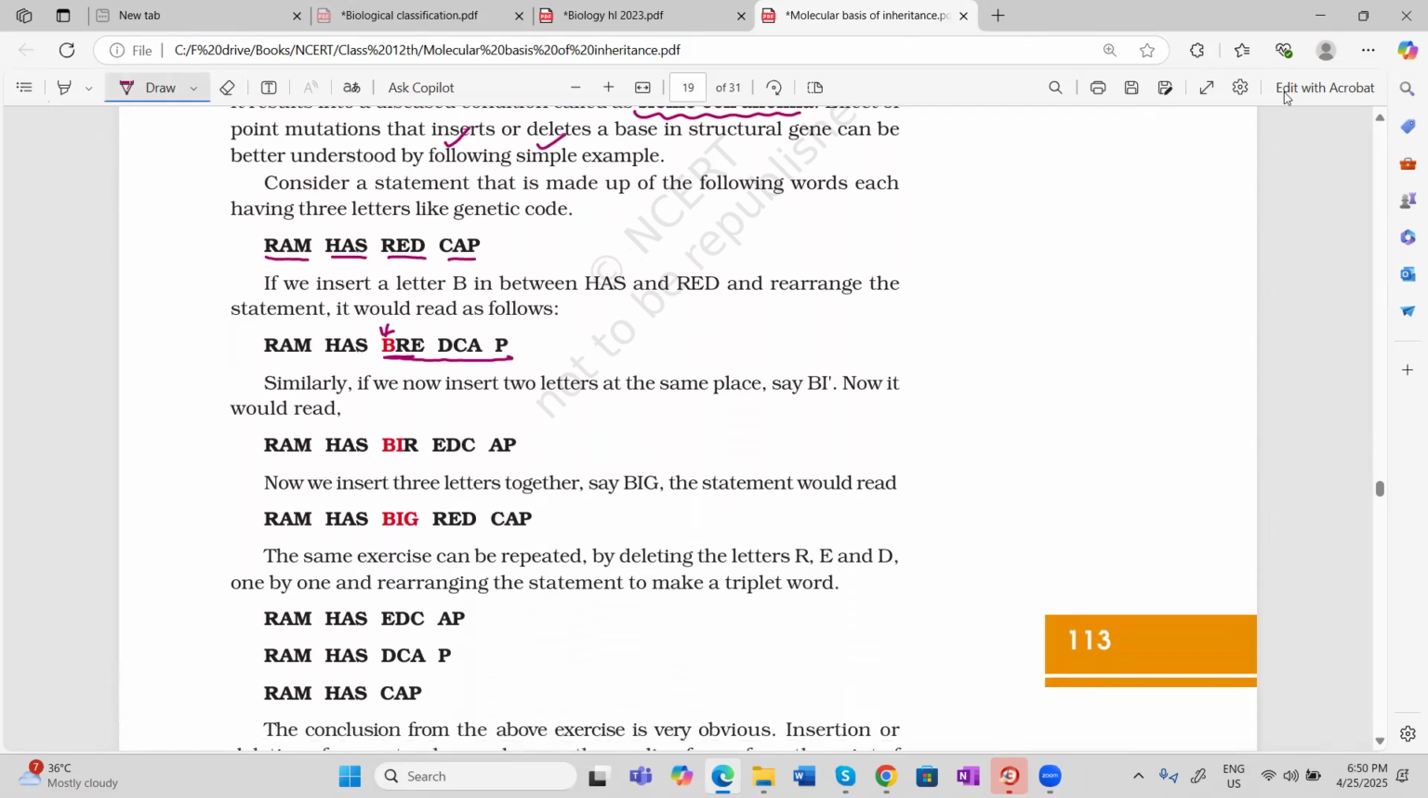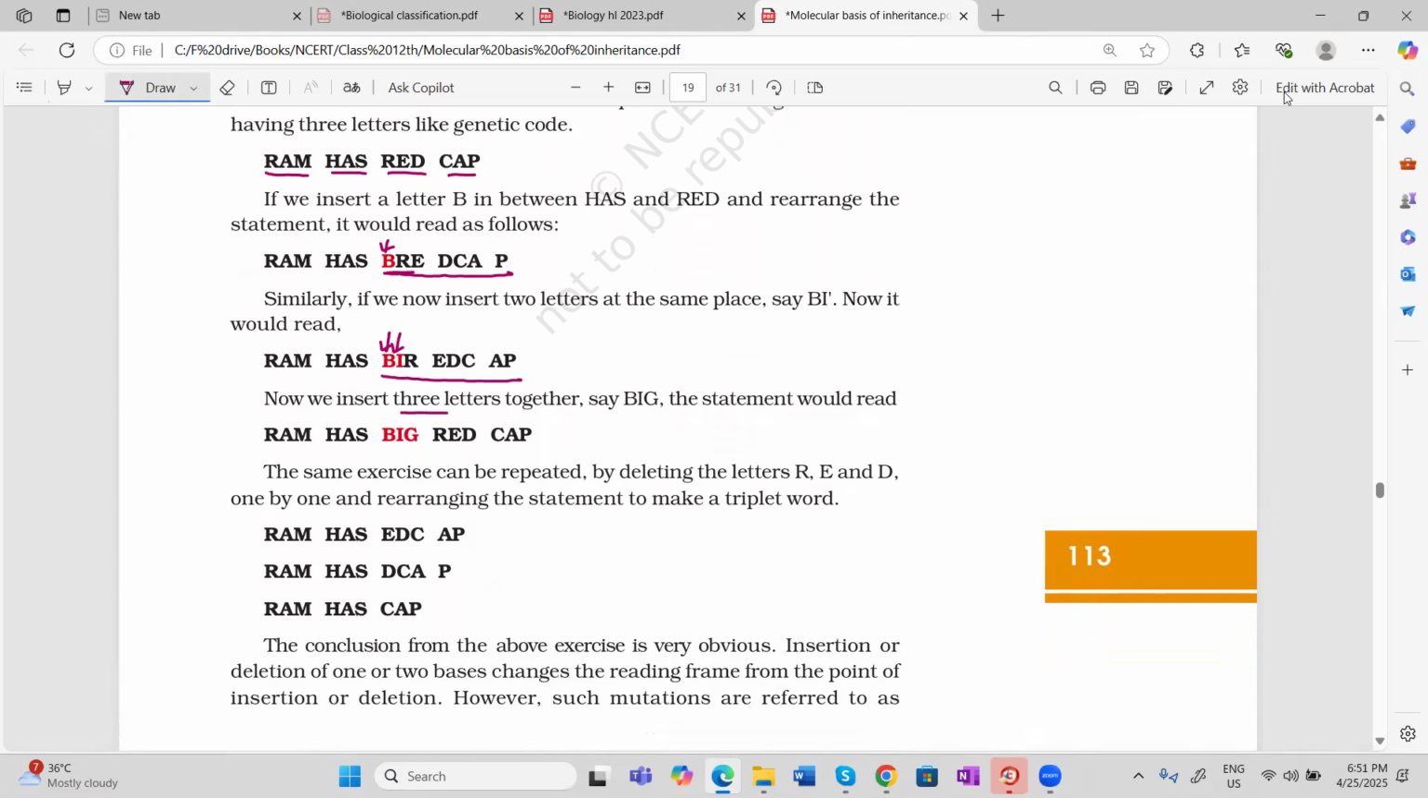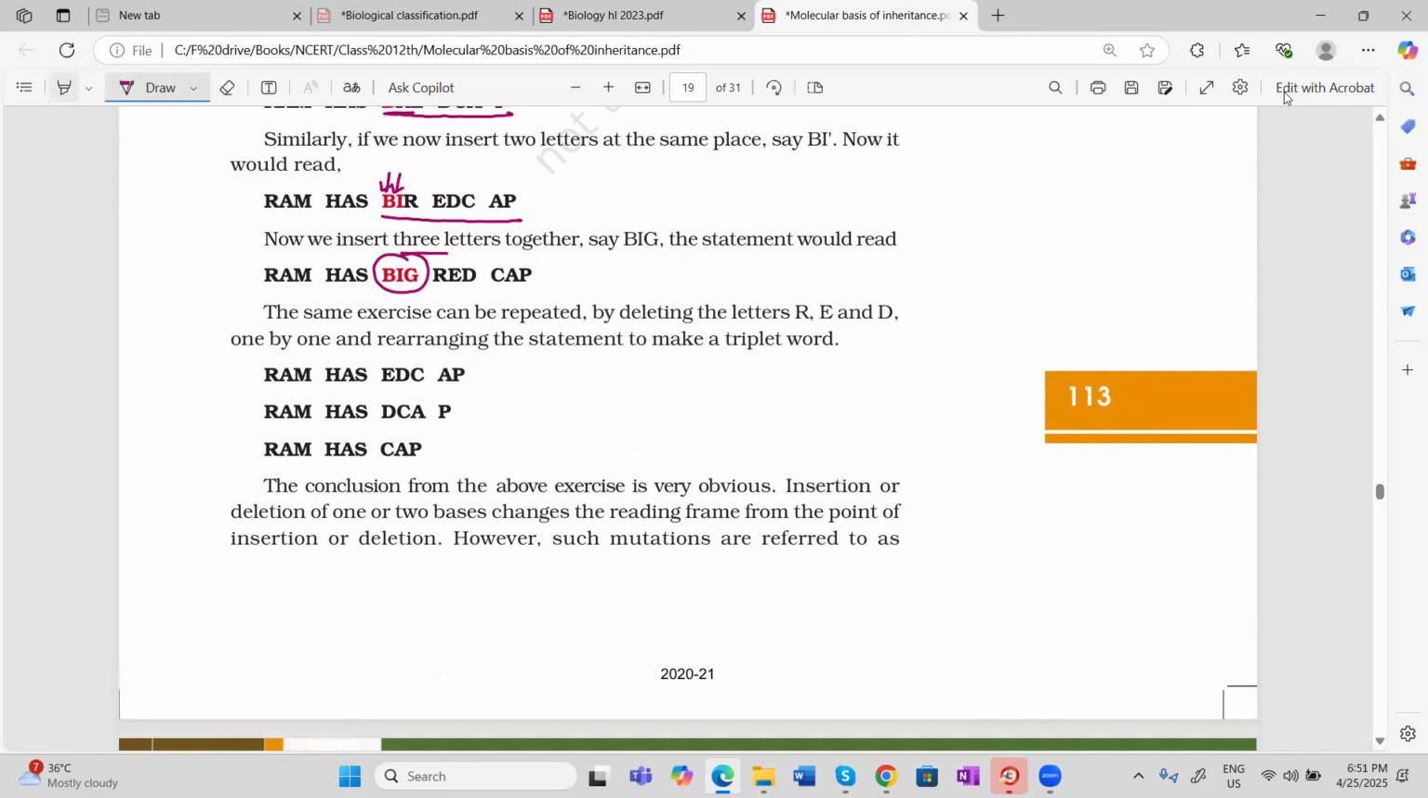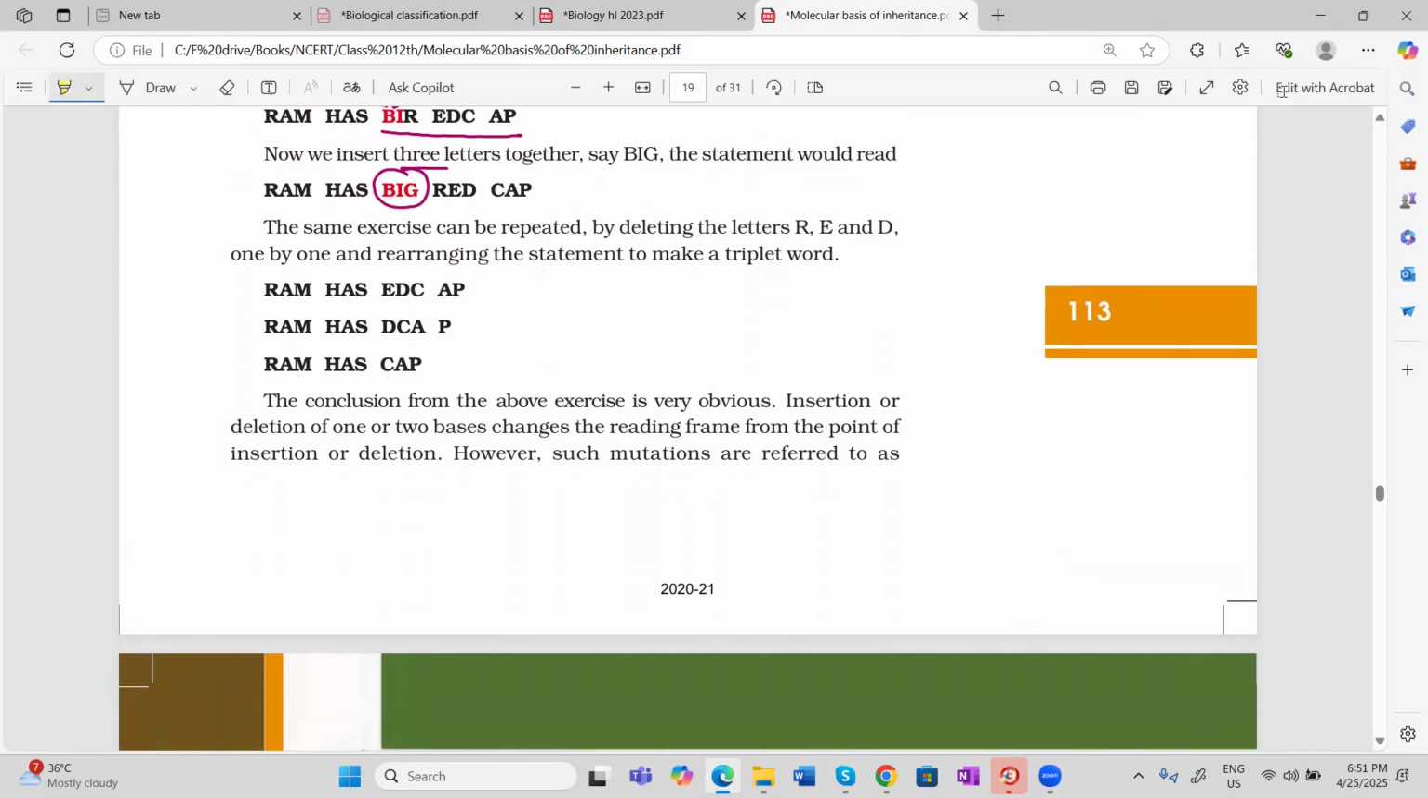If you do the insertion of 1 or if you do the insertion of 2, your reading frame is disturbed. But if you insert 3 letters, your frame is not disturbed, only one amino acid is extra. The same is true with the addition and the deletion. So what is the conclusion? The conclusion is that insertion or deletion of